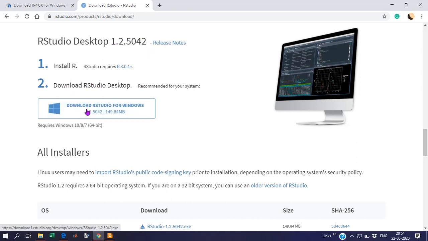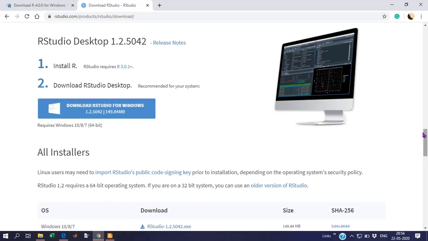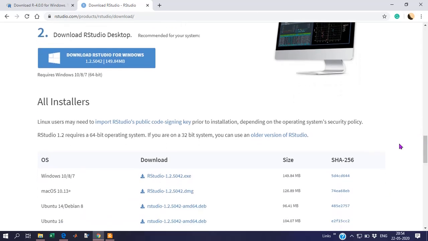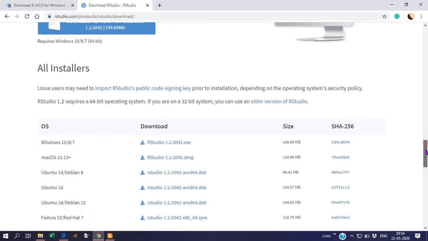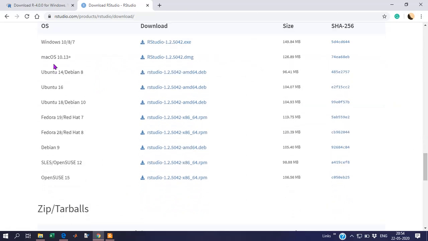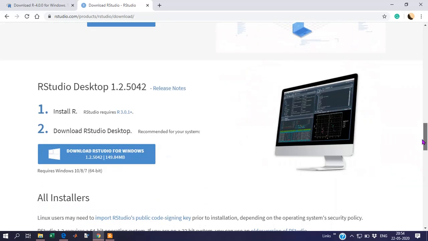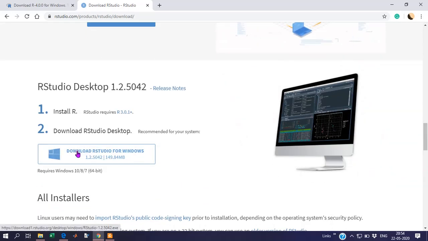It's giving this RStudio for Windows. As my OS is Windows, it will automatically detect my OS and provide the link here. But if you are using another OS, that is Ubuntu or Linux, whatever, in that case you can go ahead and download the required link. I will go for Download RStudio for Windows.